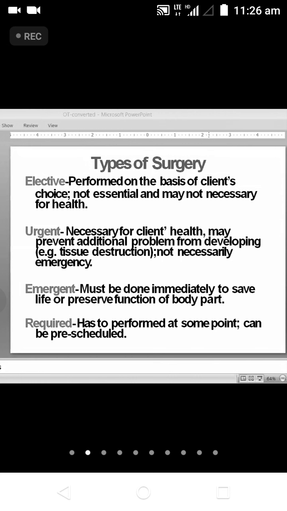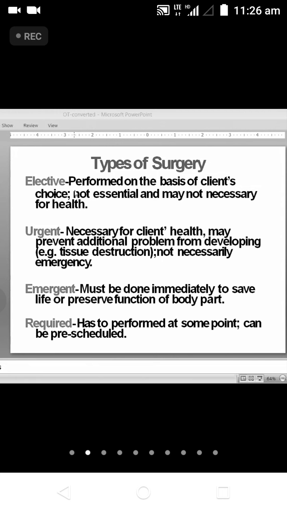Next, the required surgery. It has to be performed at some point and can be pre-scheduled. It is somewhat the same as elective surgery. Required surgery is done to retain the quality of life of the client. It is not necessary that you perform these types of surgeries immediately, but you have to retain the quality of life of the clients. That is why the doctors go for the required surgery. For example,